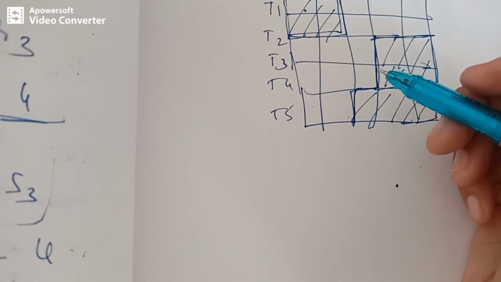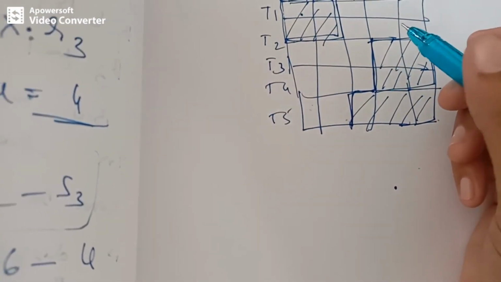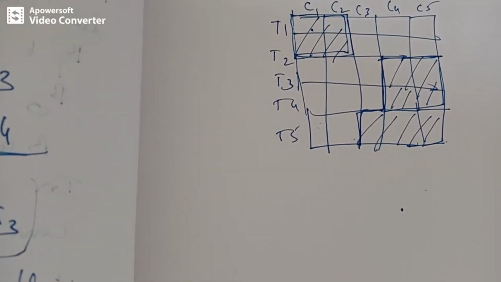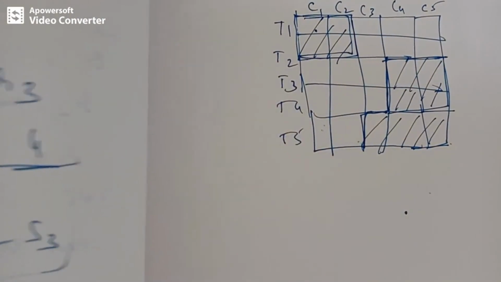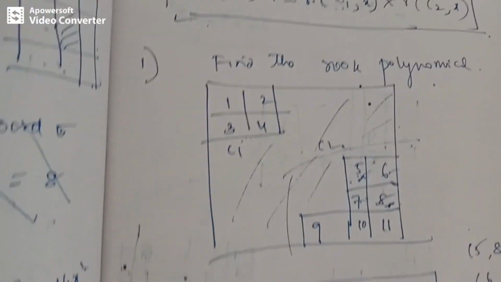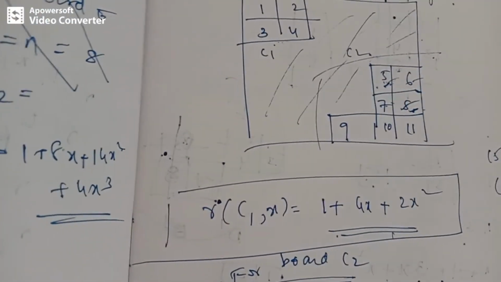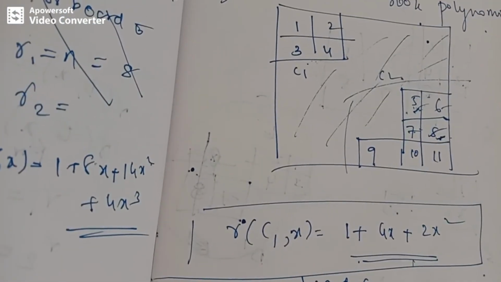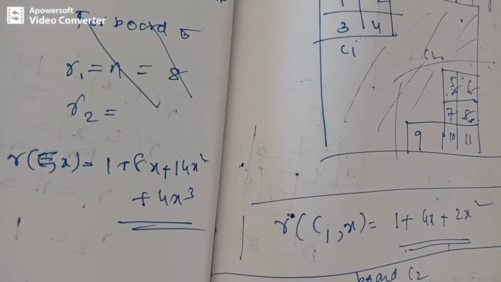See, if this question is already asked, you can reuse that Rook's polynomial. For now, since I have already solved it before, I am just referring to the Rook's polynomial for the corresponding board. Yes, I have solved it over here. You can observe, this is the board which is similar to that. It is exactly the same, right? Just the numbers are not given, and I have calculated the Rook's polynomial.